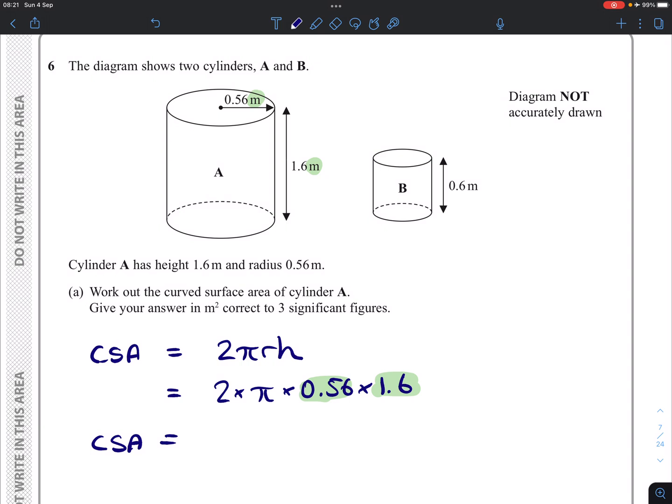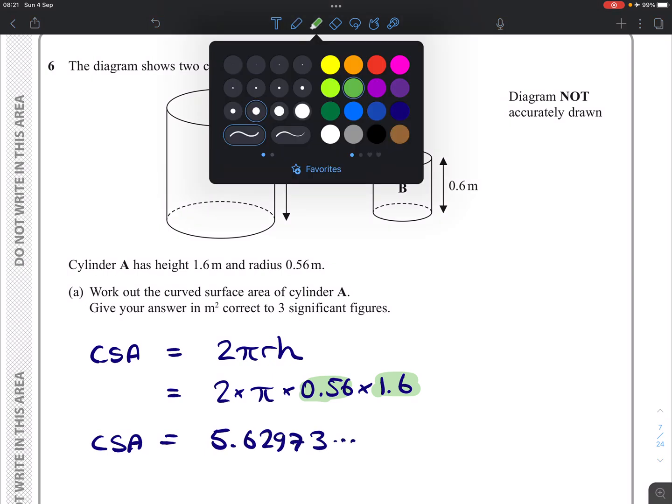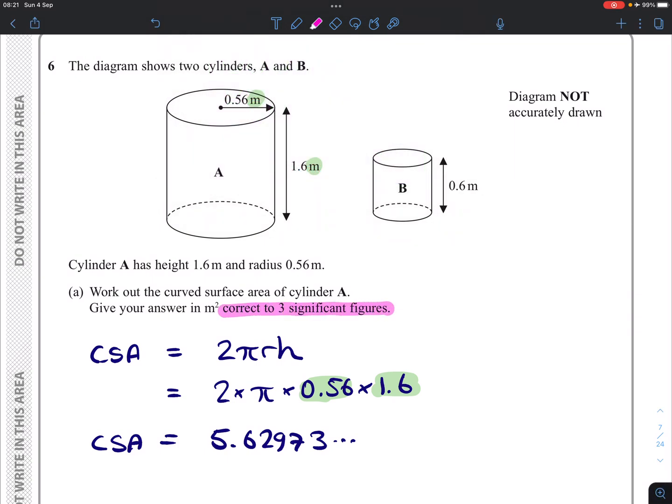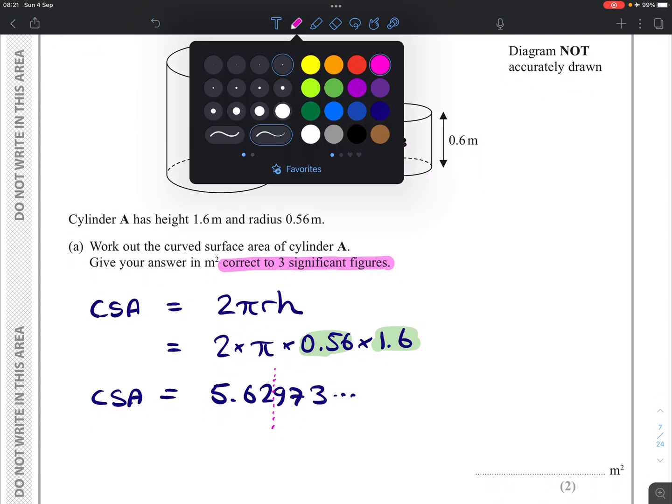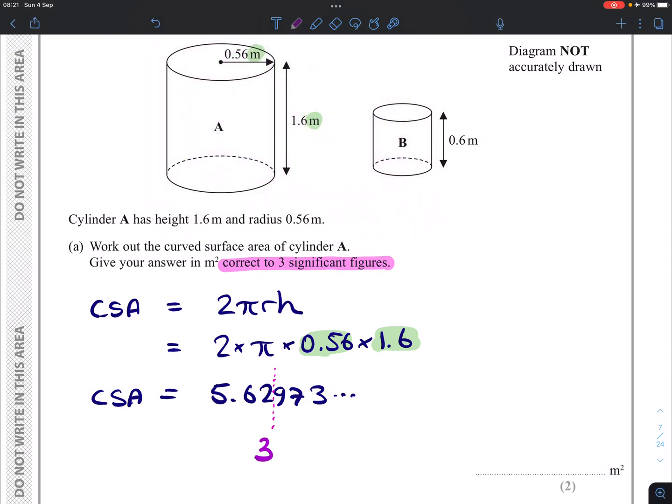So once we have typed that in, we're going to write down a lot of the number that we see before rounding it. So I type that in, I'm going to end up with 5.62973, and so on. But then the last thing we have to do is round that correct to 3 significant figures. So we have our first, second, third significant figures, which means the rounding is going to happen here. And that 9 is going to make that 2 turn into a 3, with the rest of the number before it remaining unchanged. So 5.63